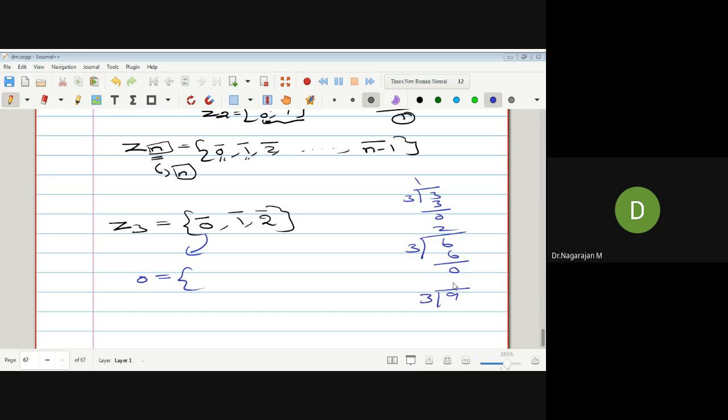Okay. So what is the remainder? It is a 0. Similarly, we can move. Therefore, the 0 class element, the starting element is 0. So the next element is a multiplication of 3: 3, 6, 2 into 3, 3 into 3, 9, 4 into 3, 12, running this process. Okay. Similarly, we can find the first class.